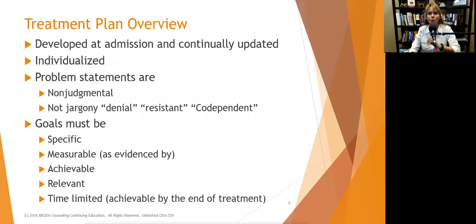So it's important to make sure that you keep your goals and your objectives small and incremental, so the person can, when they finish treatment or graduate or whatever you call it in your place, they can go, I'm done. I did that. The goals are relevant. So again, make sure anything that you're going to have the client do, you can tie back to their presenting issue. And this is true not only to help the client stay motivated, but also to help the referral sources feel like they're getting what they need, and for insurance reimbursement.